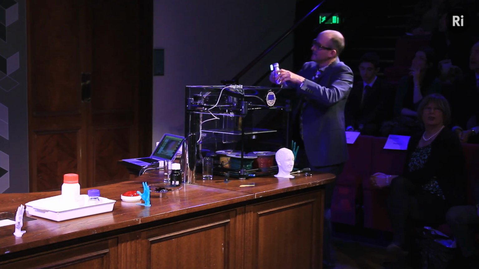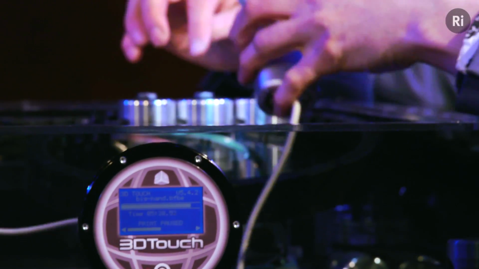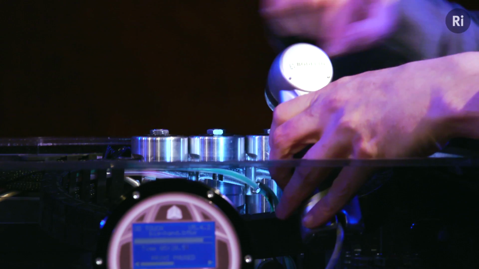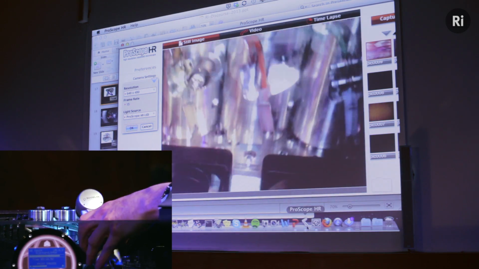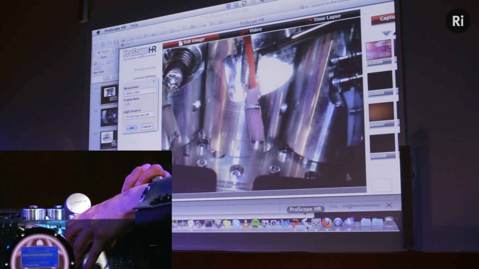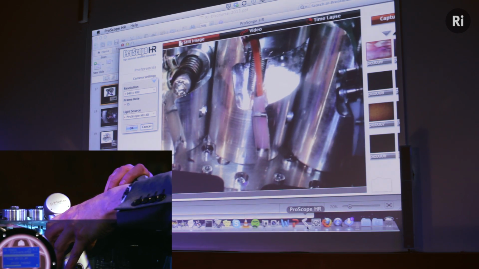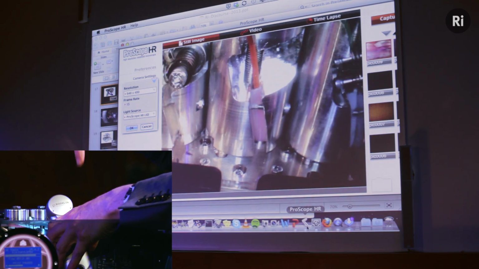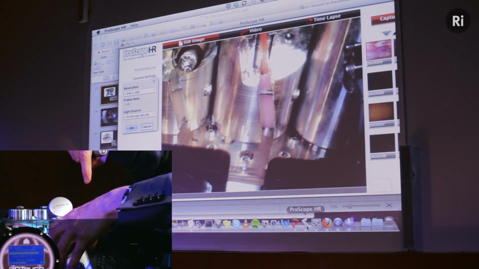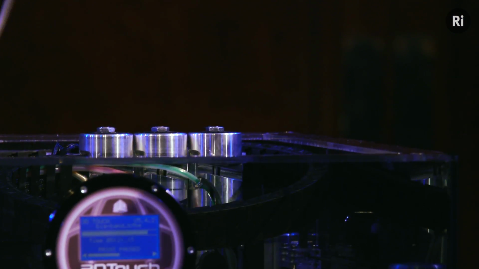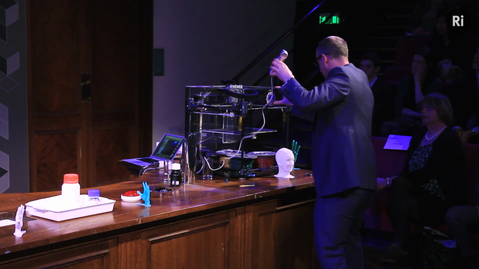So here we go. That bit up there, which was turning, is just turning a screw. Where is the screw? There is the screw. Can you see it? And there is the material coming down, being fed into it. So basically, the screw's turning, and it's just pushing it. That's all that's pushing it down. Beautifully elegant design. So if I now get it going again,